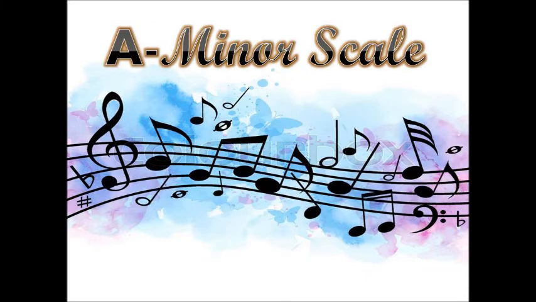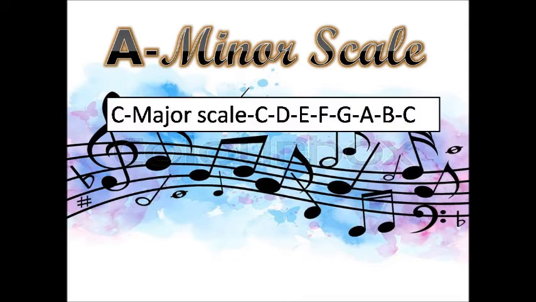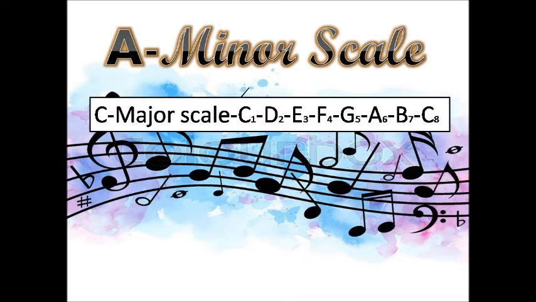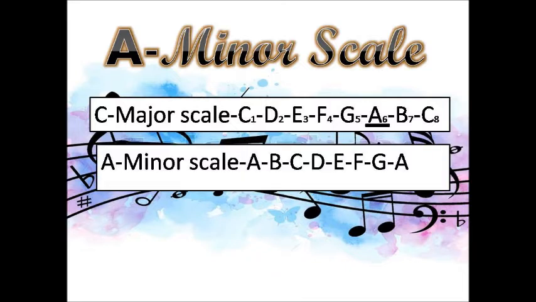After all that, let's move on to the A minor scale. For the A minor scale, we will see its relative major because we are deriving a relative minor. So the C major scale is, we already know this scale, right? The relative minor for any major scale will be its sixth note, or Aeolian mode, which is also a natural minor scale. So the C major scale is a natural major scale and its relative minor, the A minor scale, is a natural minor scale.